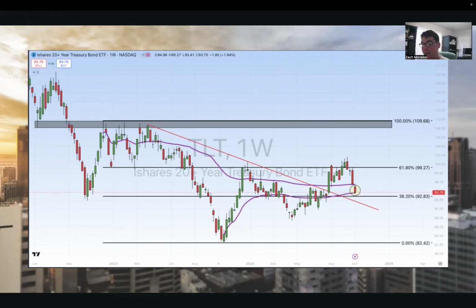And if the economy does collapse and people really think that we're about to get this large recession that so many people think we have, the Fed is going to cut rates and most likely very aggressively, and that would result in price appreciation in TLT. Now, if that doesn't happen, you can still lock in those really nice yields. Okay, so it's a good hedge for a portfolio,